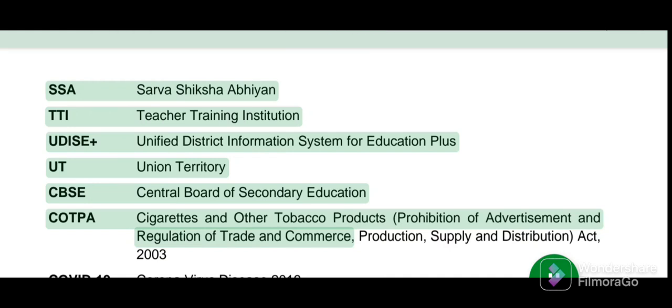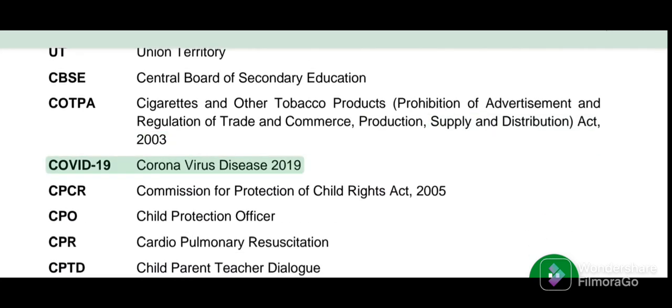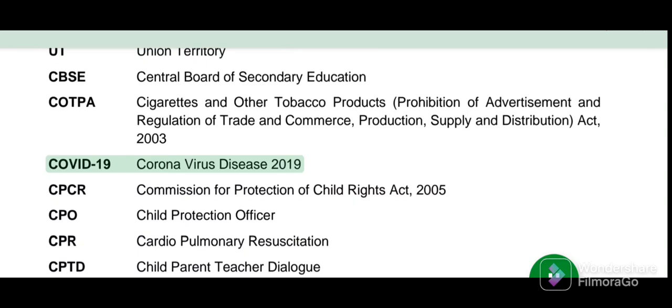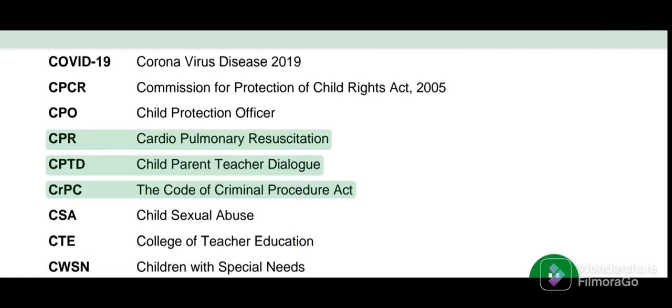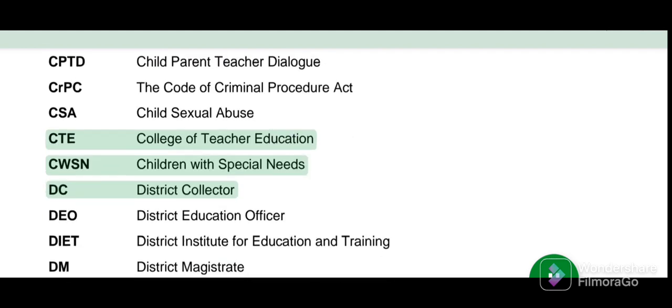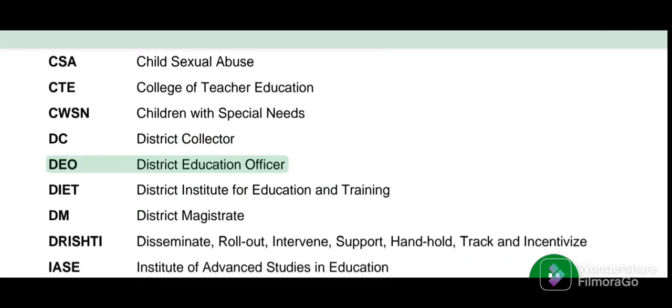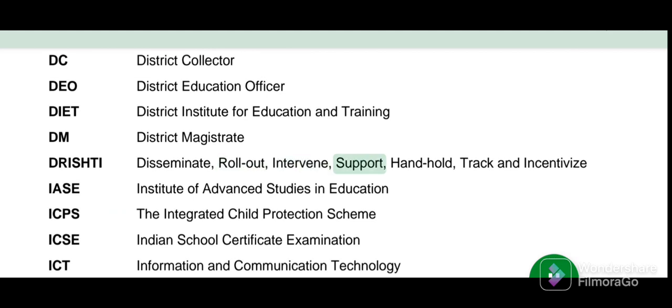Central Board of Secondary Education. COTPA, Cigarettes and Other Tobacco Products Prohibition of Advertisement and Regulation of Trade and Commerce, Production, Supply and Distribution Act, 2003. COVID-19, Coronavirus Disease 2019. CPCR, Commission for Protection of Child Rights Act, 2005. CPO, Child Protection Officer. CPR, Cardiopulmonary Resuscitation. CPTD, Child Parent Teacher Dialogue. CrPC, The Code of Criminal Procedure Act. CSA, Child Sexual Abuse. CTE, College of Teacher Education. CWSN, Children with Special Needs. DC, District Collector. DEO, District Education Officer. DIET, District Institute for Education and Training. DM, District Magistrate. DRISHTI, Disseminate, Roll Out, Intervene, Support,